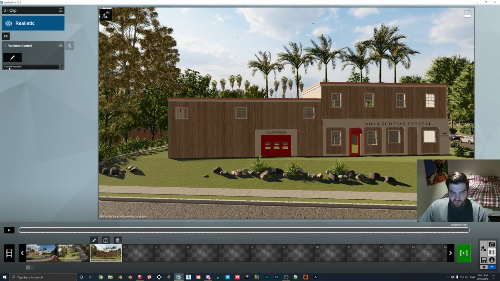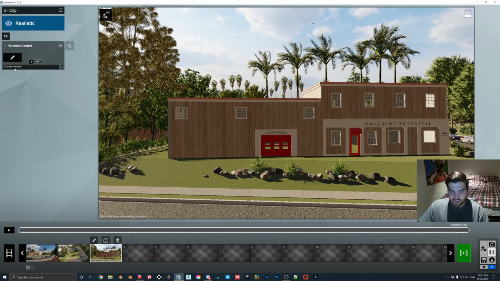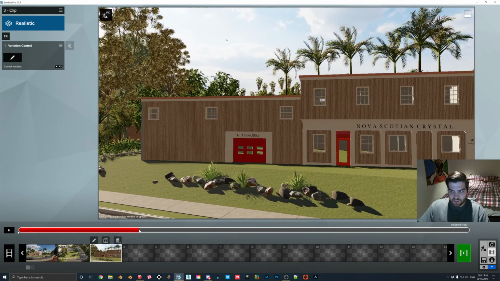So yeah, and then here you have the current variation. If we flip through it, you can see that it's changing, and we can see the bookcase at the end there, but I don't recommend that. Or if we go to 5, yeah, we don't want that though. So we'll hit this, make a keyframe here, and then I think if we go here,